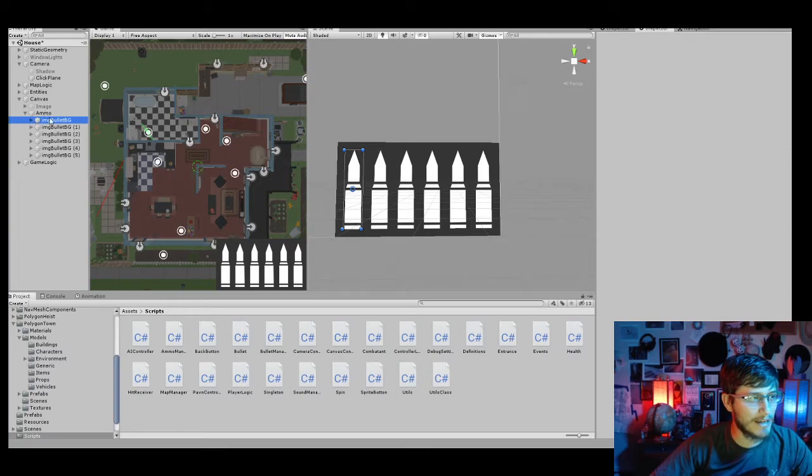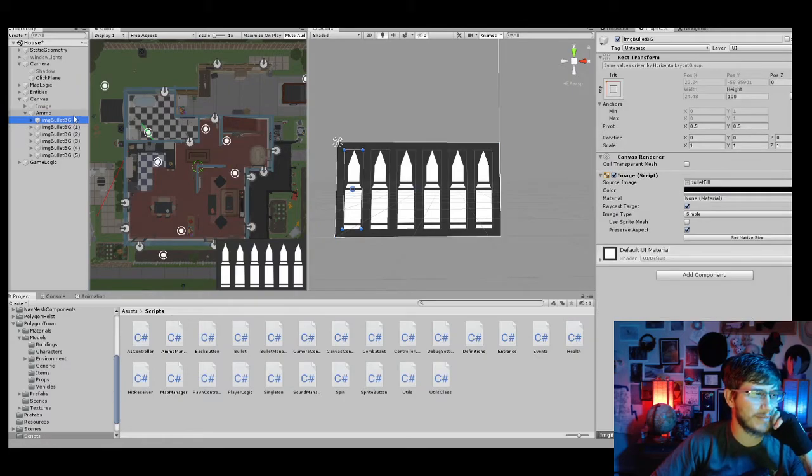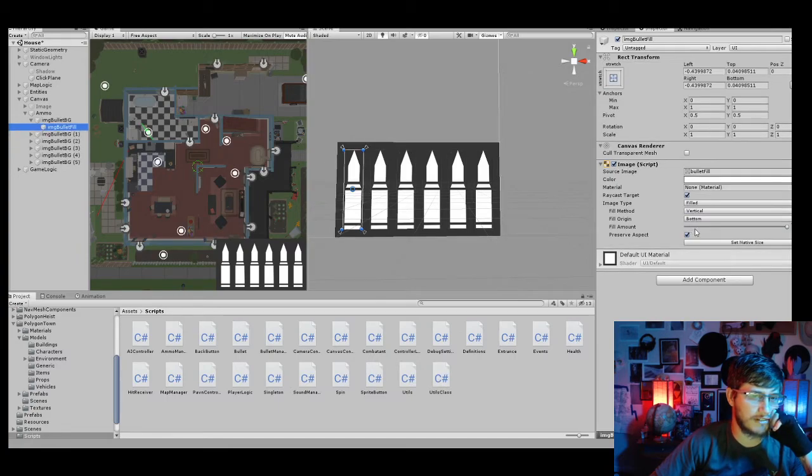So here we are, back to ammo. So how do we want to manage this? I suppose we could have an array of... yeah, I don't know. One of the best ways to approach this is just iteration. So what would be the simplest way to do this? I think the simplest way would be, we don't need a reference to the BG. We just need a reference to the fill. So I think if we could just create an array or a list which grabs a reference to each one